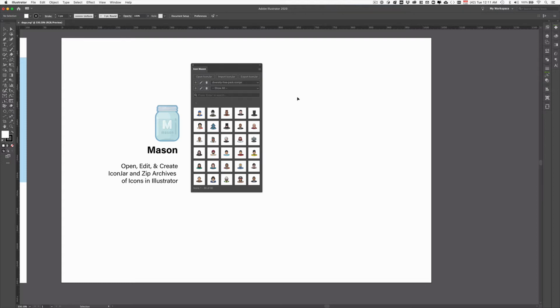Welcome to this video demonstration of the IconMason extension for Adobe Illustrator by atomiclotus.net. IconMason is a native palette in Adobe Illustrator that allows you to access much of the functionality of the IconJar